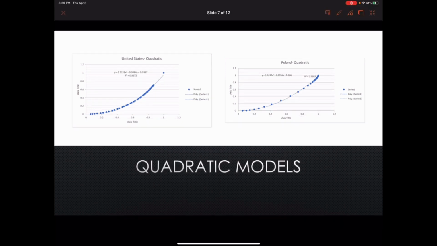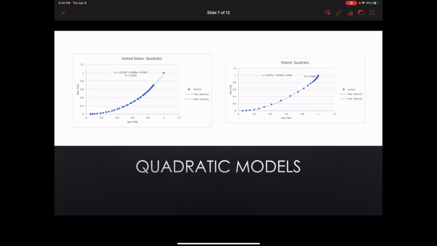This slide shows our quadratic model graphs. The quadratic regression line represents our Lorenz curves much more accurately than a linear regression line. Just by looking at the graph, you can see that the quadratic model should lead to more precise Gini coefficient calculation. Just like the linear regression line, we used the equation of the quadratic regression line and the line of equality to